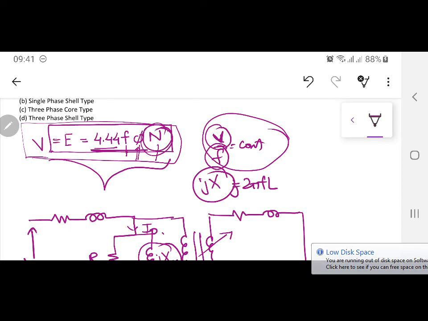So supposedly if from this formula N comes to 100 turns, you can keep 105 instead of 100, no problem. But on the secondary side, because you want to double it, you are going to keep it at 210 turns. But 210 is the hypothetically ideal value. You will keep it a little higher because you know there are losses happening. Your winding is not very good. You have some copper losses and other effects over there. So a little bit higher, maybe 210, 220, 230, something like that, so it can sustain that voltage even if there are some losses. Okay. Now how does this formula come?